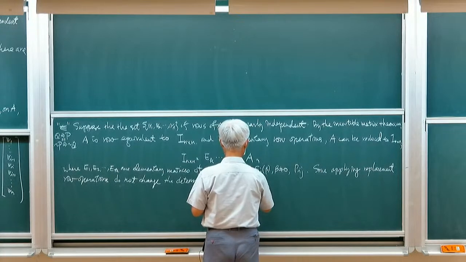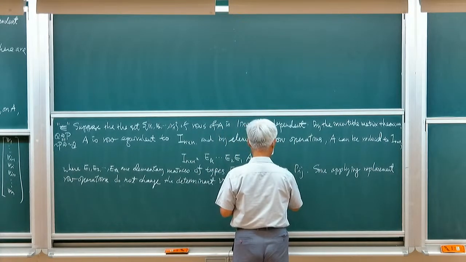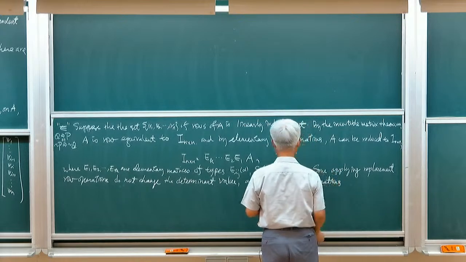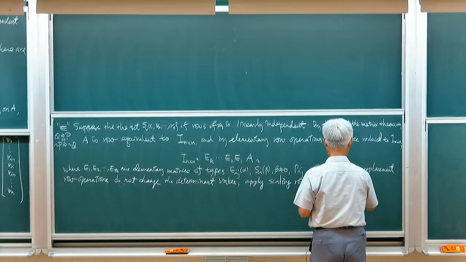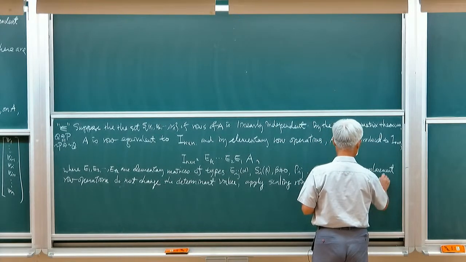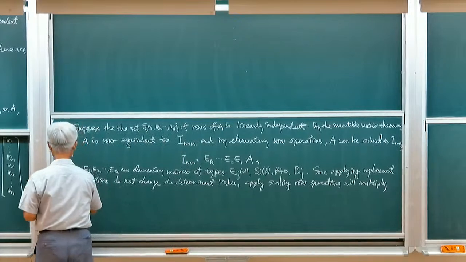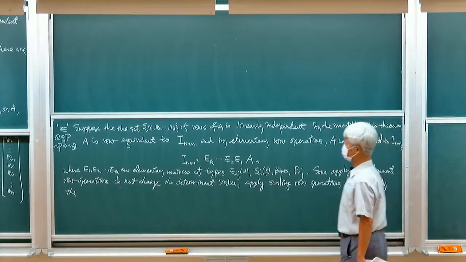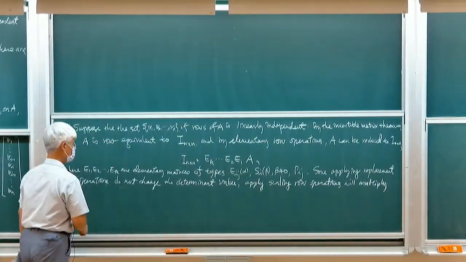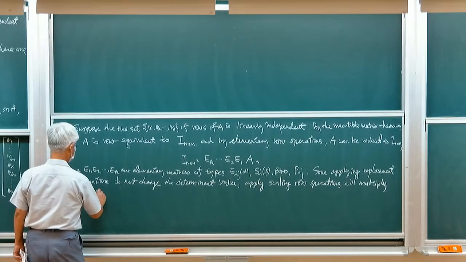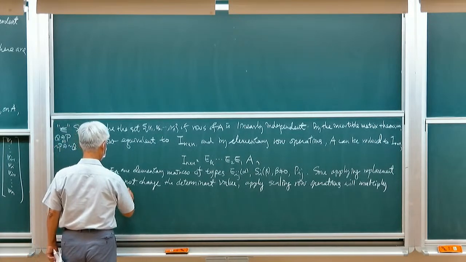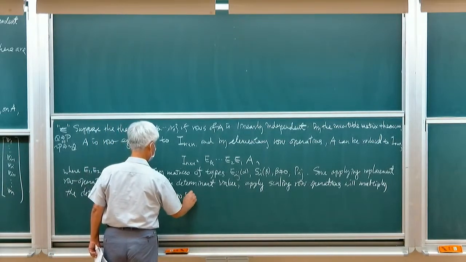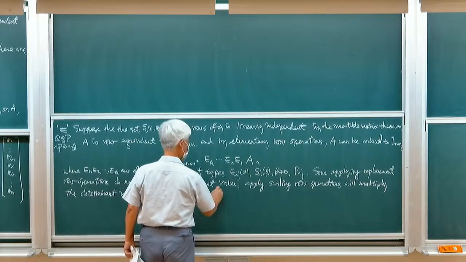And applying scaling row operations, we are multiplying the determinant value by a non-zero scalar, and